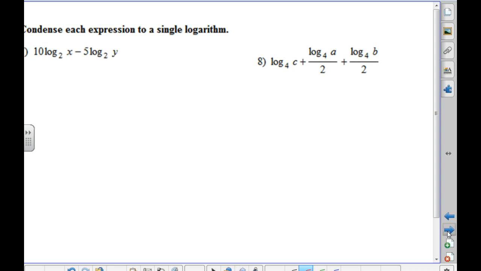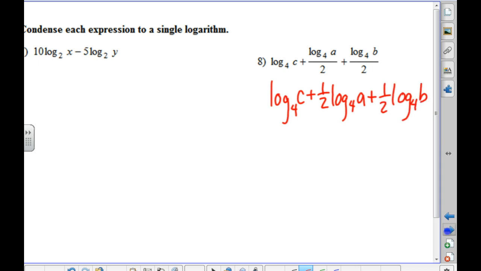Further down, we have rewrite into a single log. This you also have to be able to do without a calculator, which shouldn't be a problem. But what does divided by 2 mean? Yeah, it does mean 1/2. And what does a 1/2 do when it's multiplied on the log? It is an exponent, so this becomes